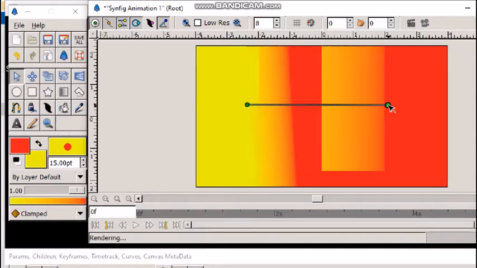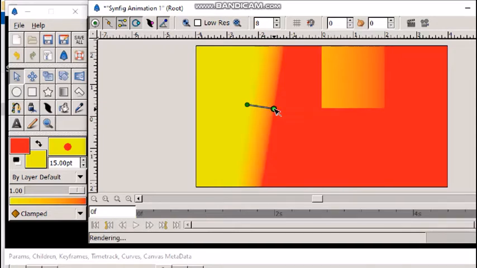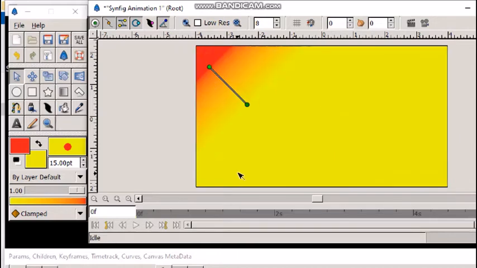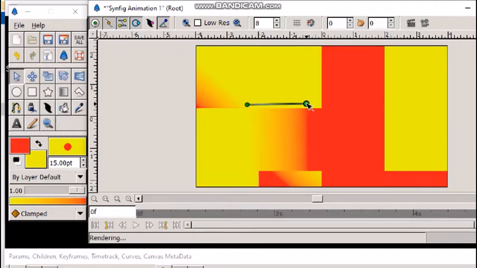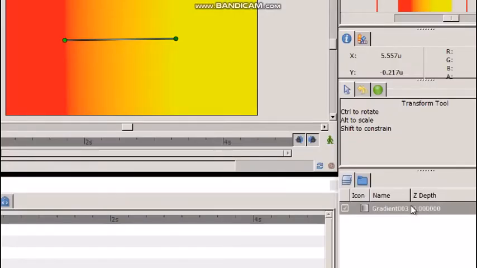See how it works. See, a new layer is created in the layers panel.